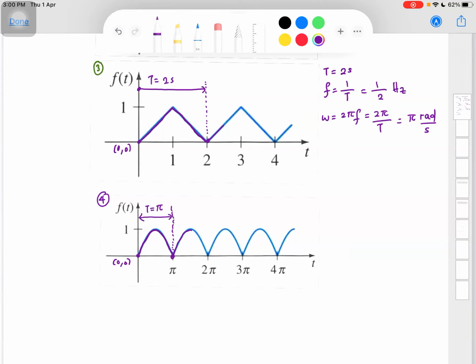Now you can also start at a different point. For example, let's say I wanted to start from here, t equals 2 pi. If I go up and down, following the curve until here, and go up again, I'm going to repeat the same cycle or the same pattern. So I take the period from the point where I start to the point where I end, and if you calculate, this will be pi as well. 3 pi minus 2 pi gives you pi. So you will get the same value of